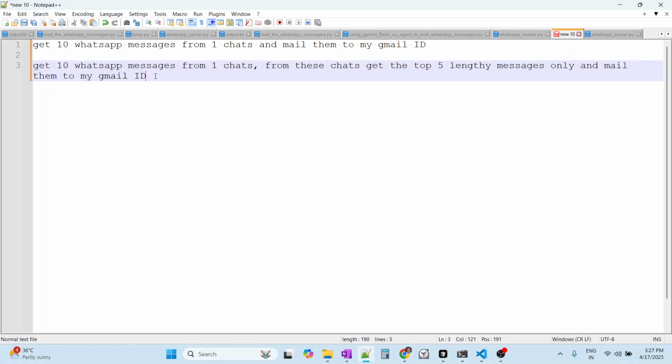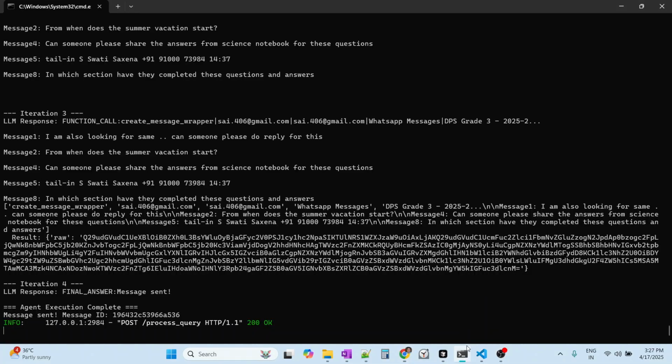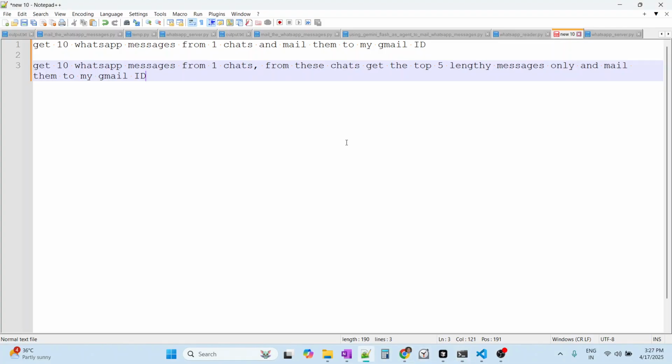How will the agent behave when we give these two different prompts? What are the logs it will give? We'll check those things. So let me first give... I think the server is on. So I will give this prompt first. I'll copy this